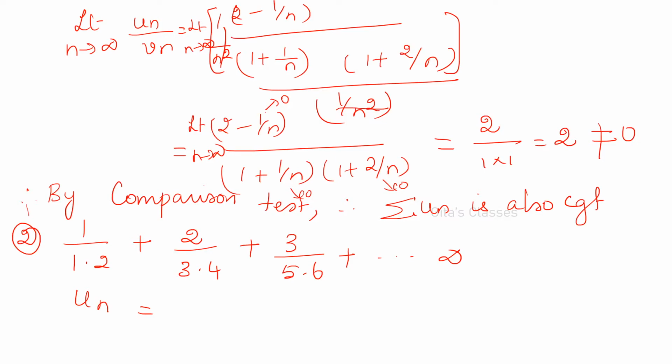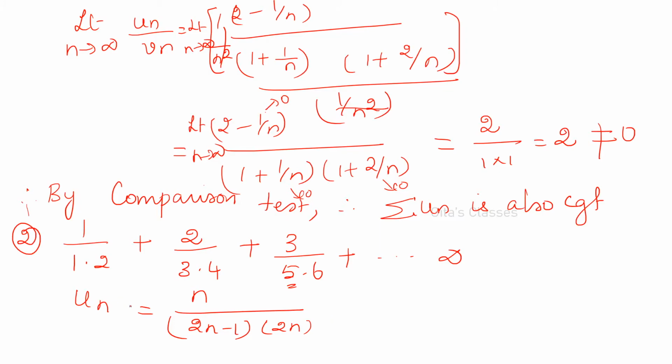Actually, when you are doing these kinds of problems, you separate them, numerator separately, denominator separately. So in the numerator you have the first term 1, 2, 3, etc. So n generally, right? And in the denominator you have to see them separately. See, first term 1, 3, 5. Always you need not follow the same rule. Just by seeing that, by practice only you will get. So here you have two different terms and no relationship between these two. So 1, 3, 5 and so on. So 2n minus 1. It is odd numbers, right? Next is 2, 4, 6, etc. That is 2n.